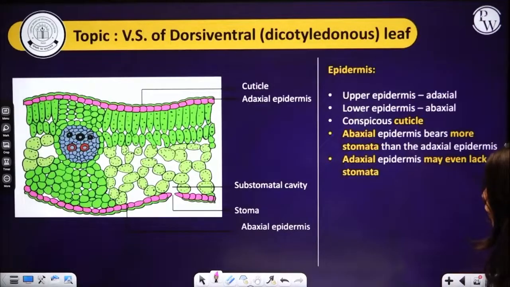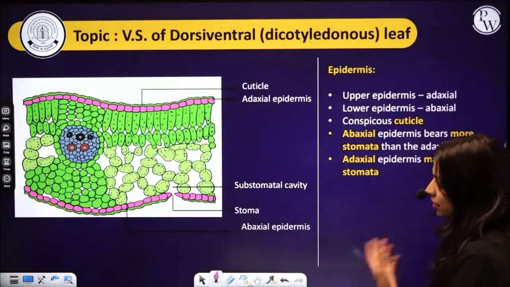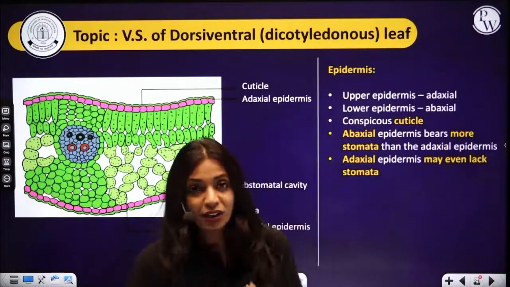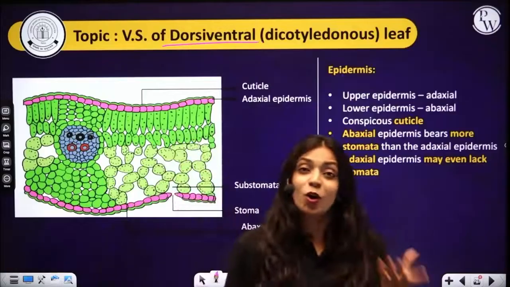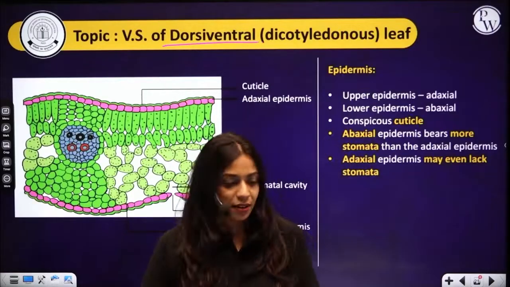Now let's talk about the TS of a dicot leaf. Dicot leaf is also called dorsiventral leaf. Why do we call it dorsiventral leaf? What is dorsal side? For example,